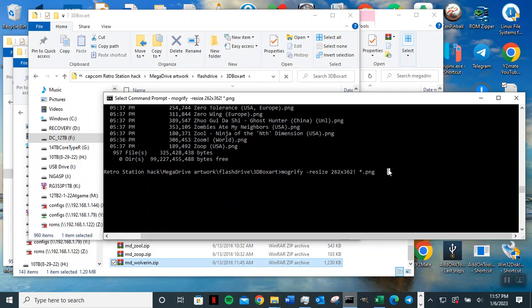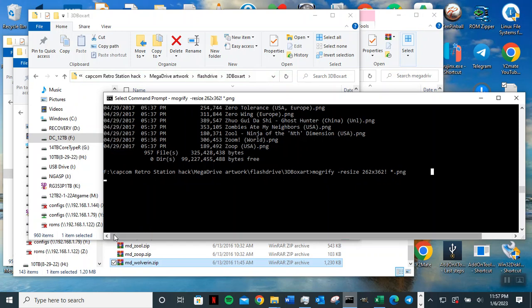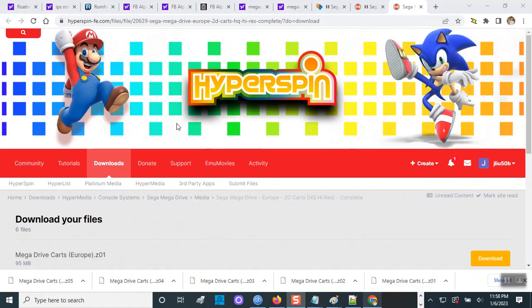So once that's done, it's going to give me a prompt. So while that is converting, I want to touch on this basic question: where do I find the 3D box art? Okay, you can find it from HyperSpin, and you could find it from